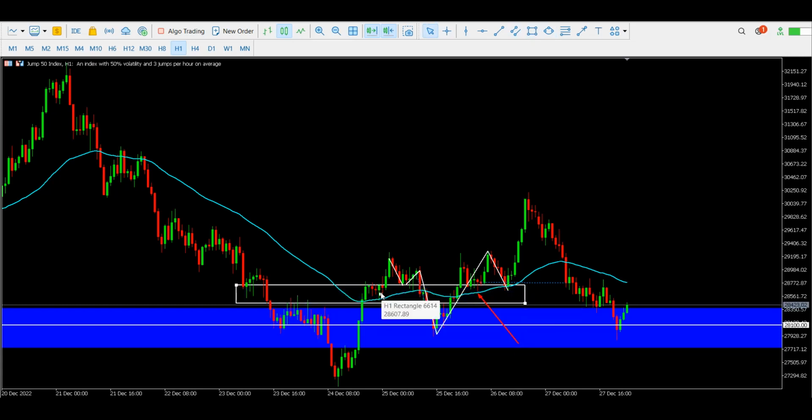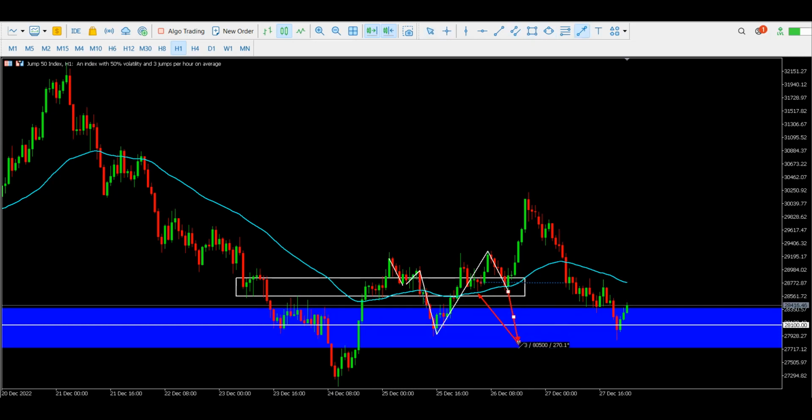So the level right here, the first retest of the level, and then the second retest of the level, giving us the 1-hourly double bottom,